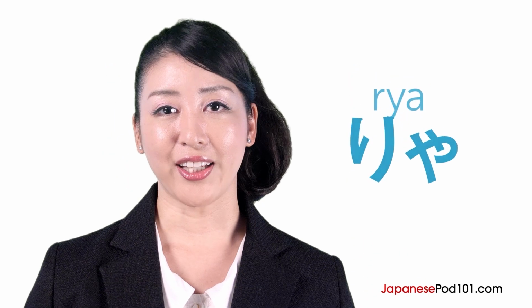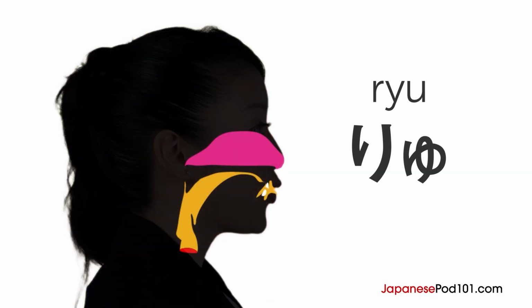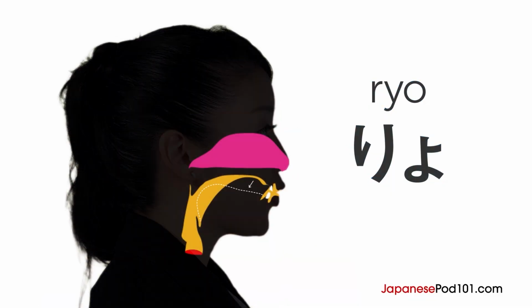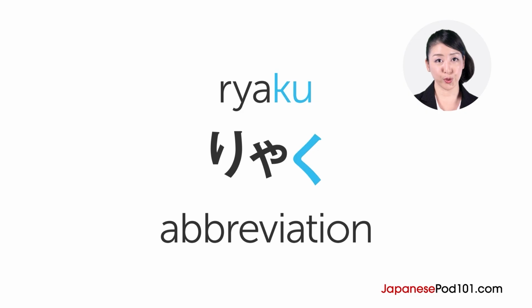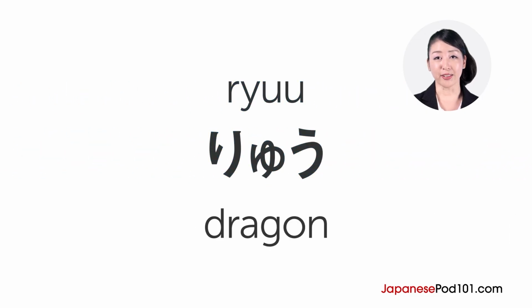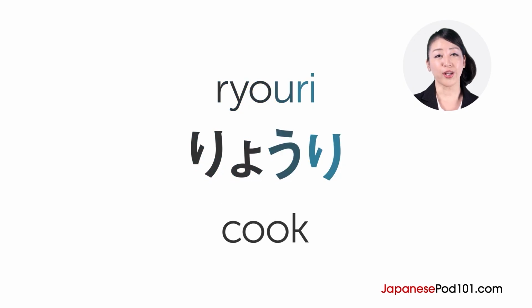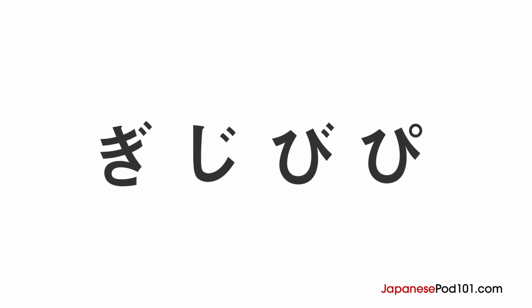Repeat after me. Now for some words. 略, abbreviation. 竜, dragon. 料理, cooking. We have more syllables ending in an